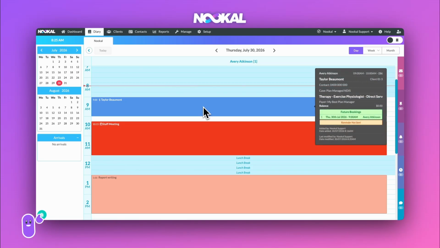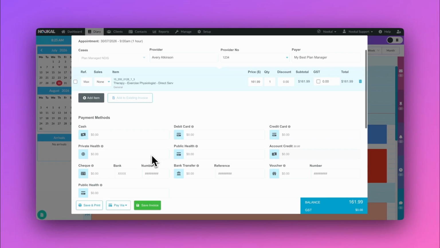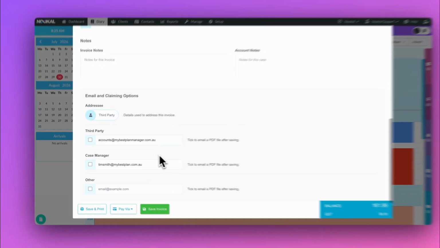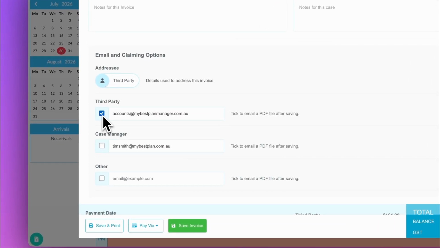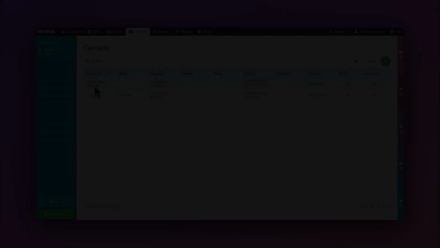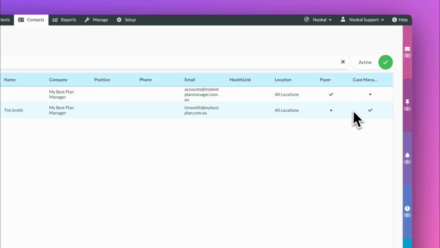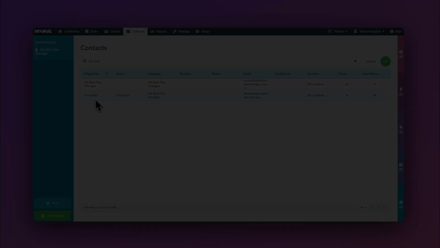Let's take a look at how to manage claims for NDIS plan and self-managed clients. If your clients are plan managed, you can send your invoices directly from Nookal to the plan manager, just like you would any third-party payer. Simply set up the plan manager as a payer contact, along with any case managers involved, and then add them